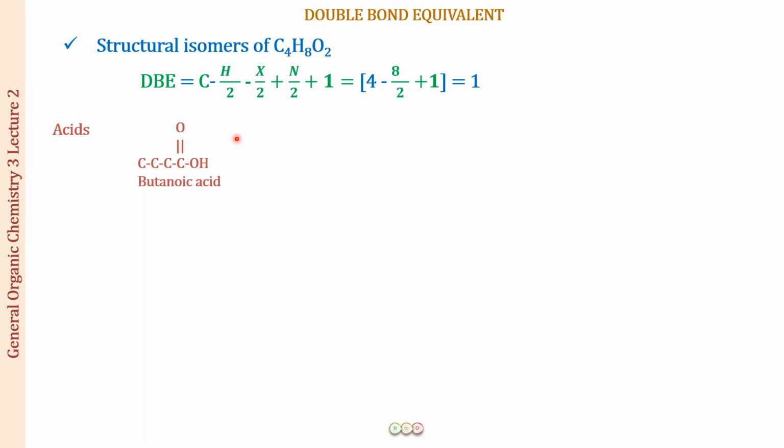Okay. Now, can we draw any other isomer for this acid, same functional group? Well, we can alter the length of the carbon chain. From a 4 carbon, we can make it a 3 carbon chain. So you will be getting 2-methyl propanoic acid. So these two, they are going to be what type of isomers? Well, they are going to be chain isomers because the length of the carbon chain is different. The functional group was the same. So this is something that we've already discussed, so I will not be focusing a lot on that. So you can try writing out what type of structural isomer you are going to get when we draw all the various structures.